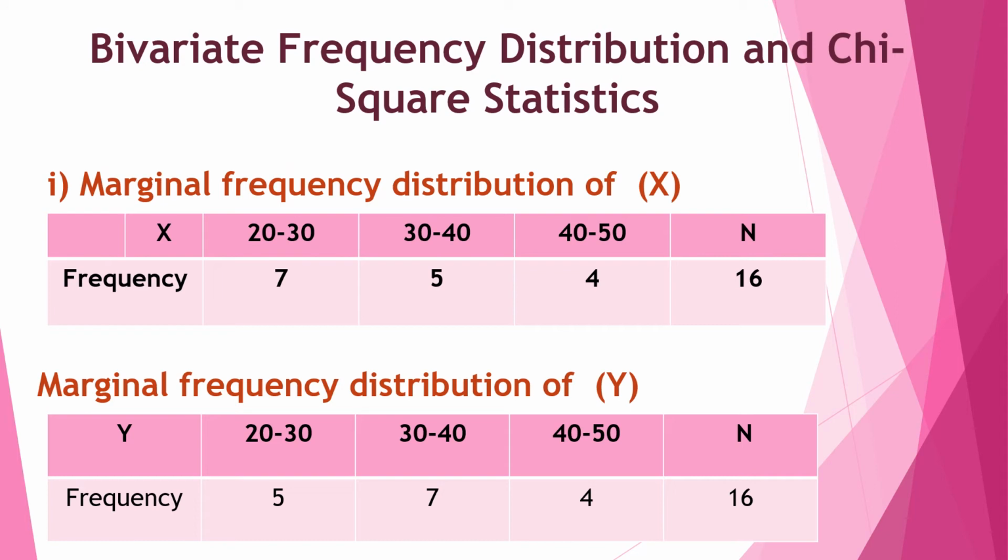Now for the marginal distribution, what we will do is write down the class over here and the total of the x values, that is column wise. And they have asked us to calculate the distribution of y. So column wise we will go, row wise. So row wise we will get the values 5, 7, 4. You have to understand when they are asking us to calculate the x and when they are asking us to calculate the y. So x and y, whenever we calculate, we need to find out the values. And in such a manner, we are going to work on this.